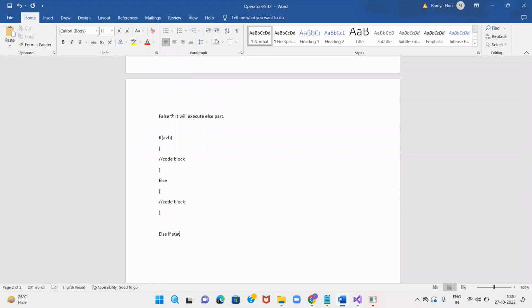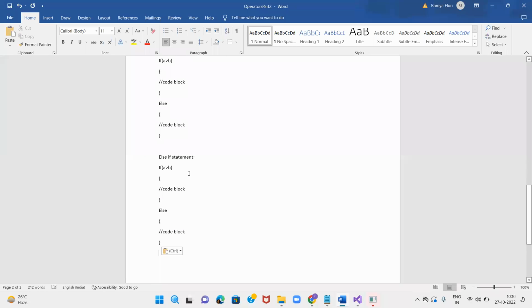Else if statement. What is an else if statement? See, let's take the same example. If A greater than B, I want to apply one more condition here. Else if A equal to B, A greater than B, or else A less than B, let's say. Else